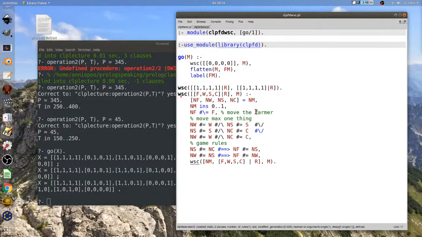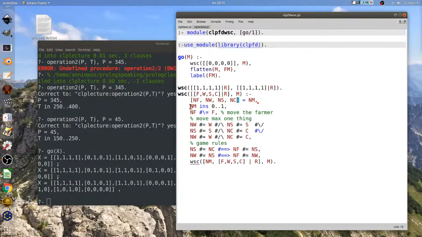So I have a move that has come in. This is the most recent move, FWSC. And then, of course, these are the previous moves. I'm going to make a next move, whose values I don't know yet.